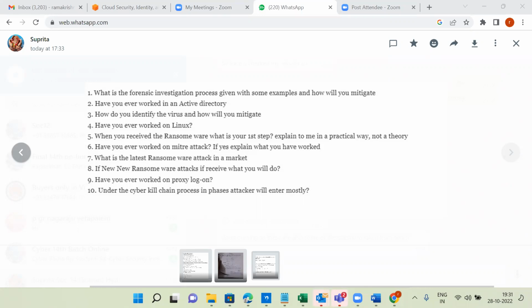How can we choose the selection of the target? Obviously, we'll use the port scanning mechanism, or we will use phishing email. In such ways we can enter into the organization level. So that's what I said. You have to think logically. You have to correlate the theoretical part, whatever we discussed, with the practical attacks.